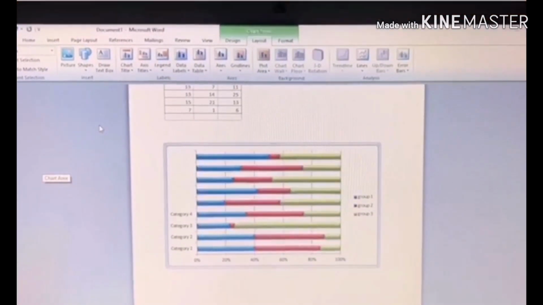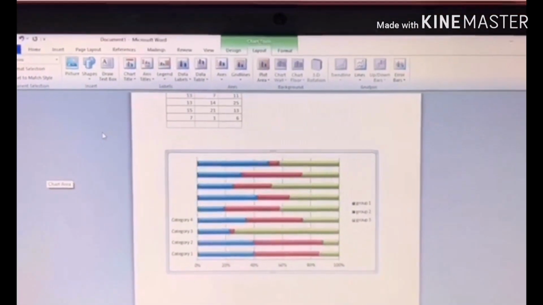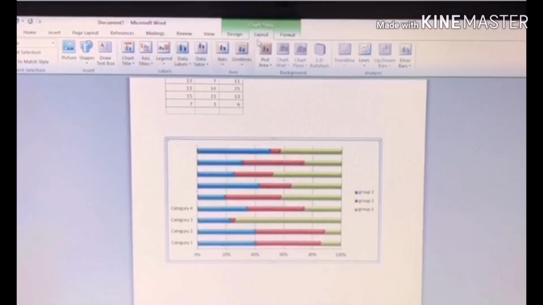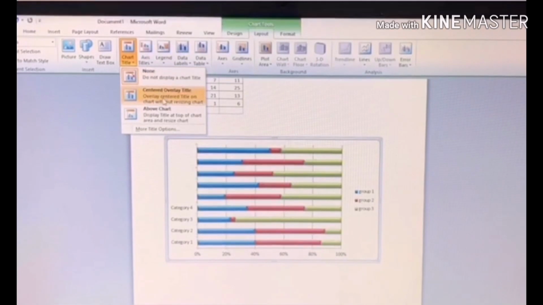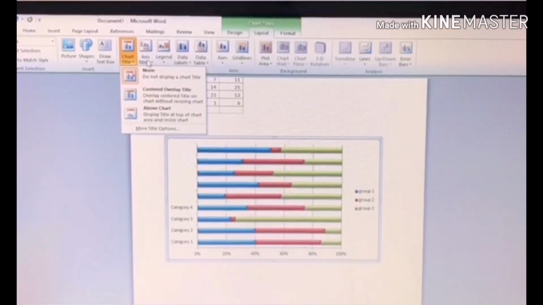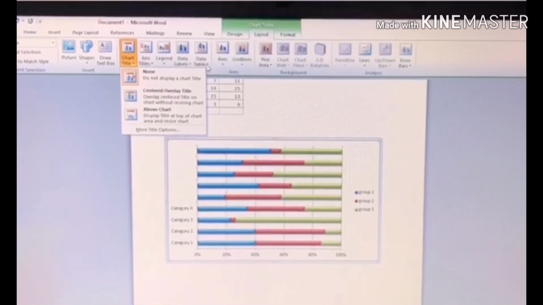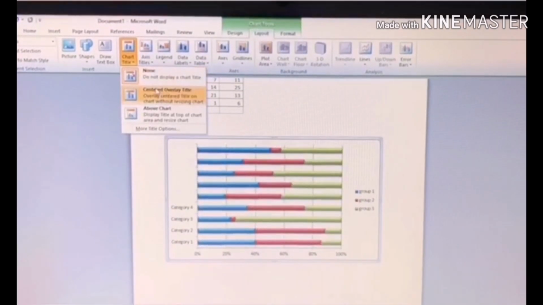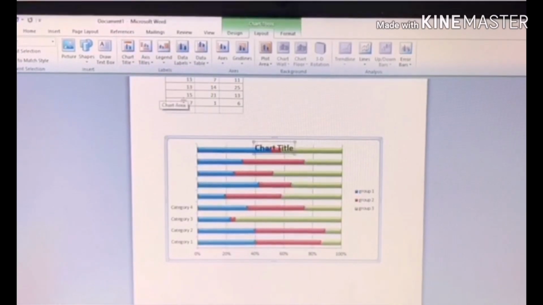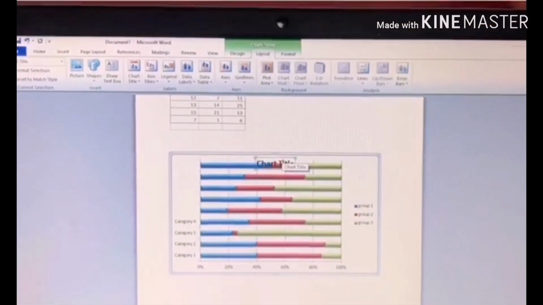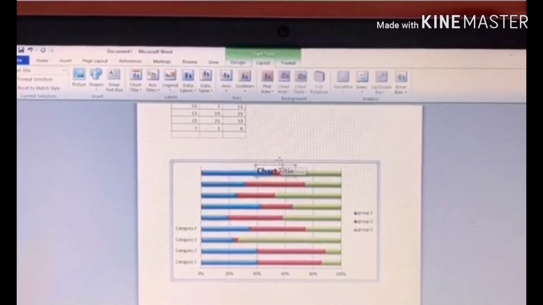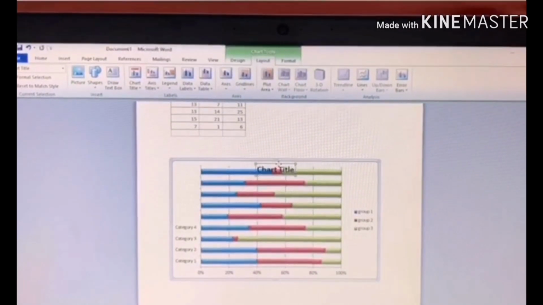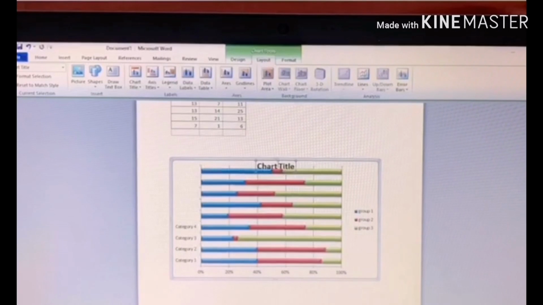Okay, next, if you want to change your label, you can go to layout: chart title, axis title, legend, data labels, data table. Okay, for chart title, you can add any title for your chart. For example,